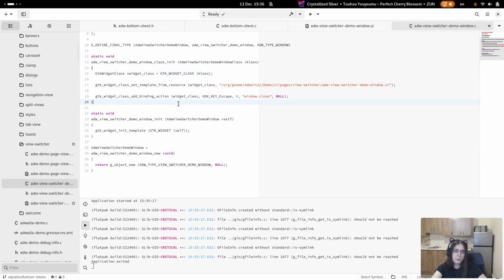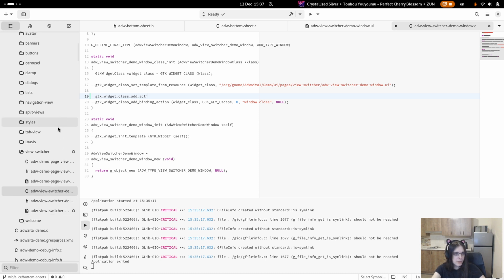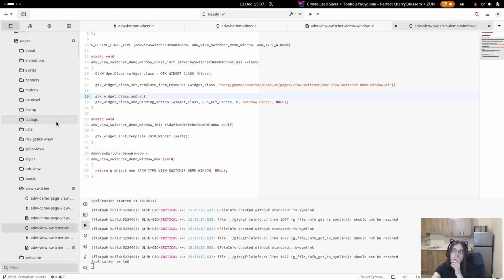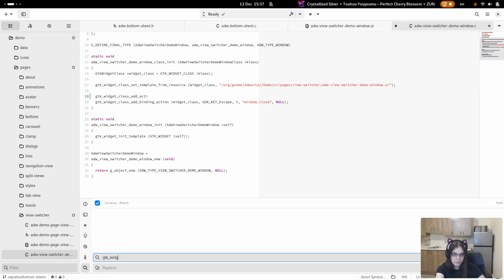And now I need to define two actions. GtkWidgetClass. Was it add action and set? I forgot. Let's see.